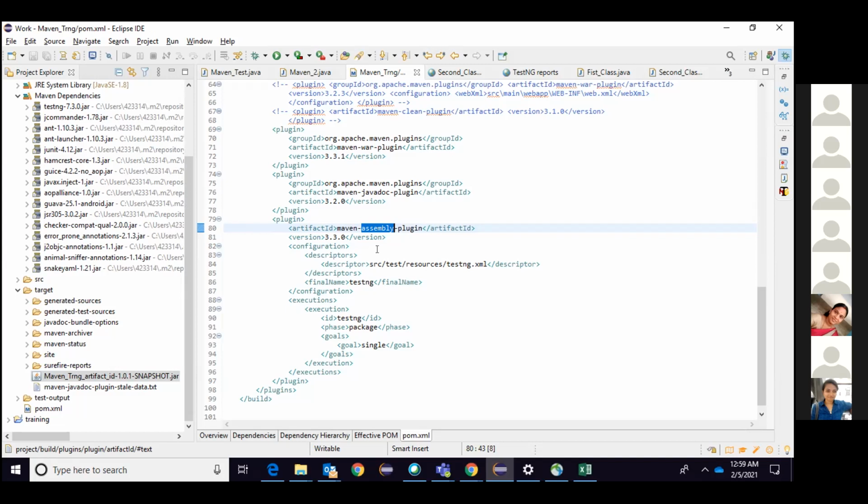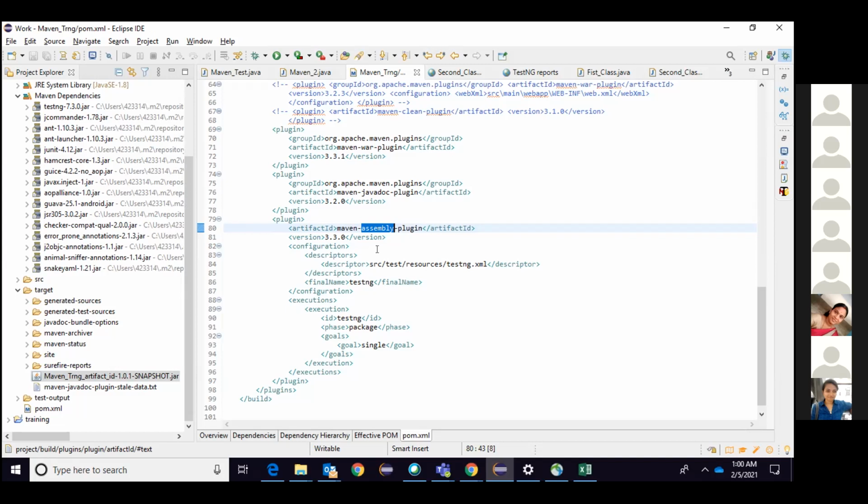Now the same thing is done by the assembly. Assembly will give you the .tar file. The .tar file is the installation file in Linux, and also Mac OS. So it is basically similar types of platforms, and you can identify different formats here.